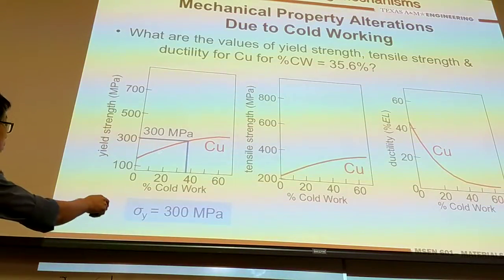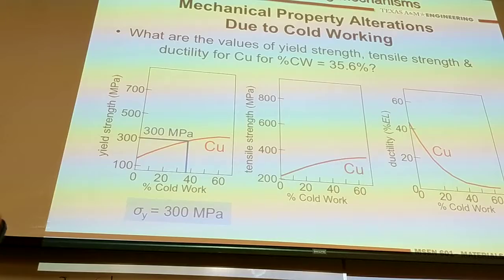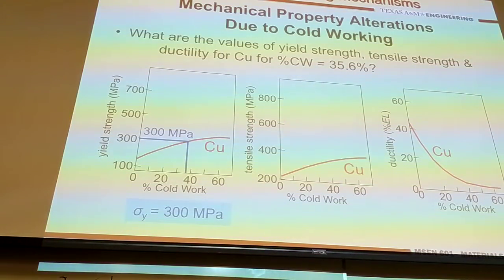It may change from here to here and other places, but it will be exactly 3 numbers if you apply just one cold work. However, in industry, obviously, you may want to achieve better ductility. I can sacrifice a little bit of strength. But how can I do that? You cannot just apply